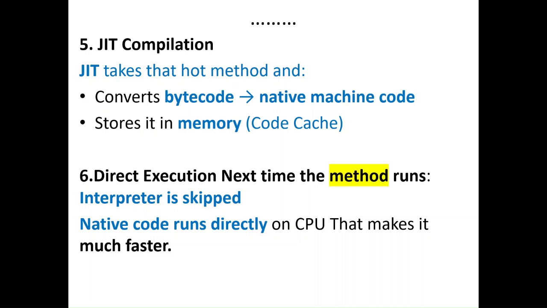Next time the method is called, that conversion part is skipped by the interpreter, directly using the machine code. Because of this, CPU utilization gets better and it executes faster. That is one of the key reasons for using the JIT compiler for a performance increase in Java.